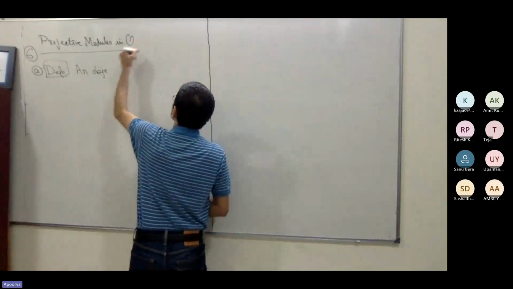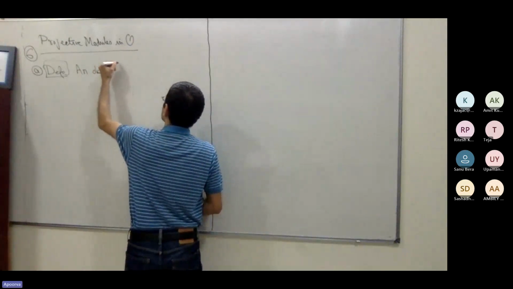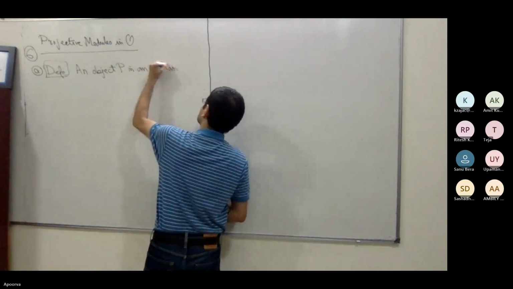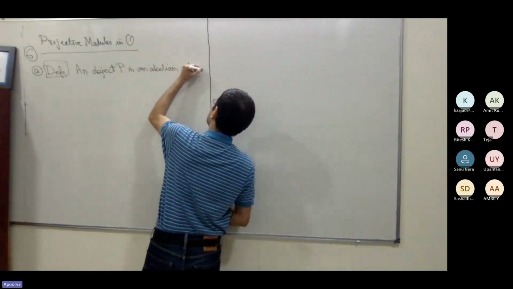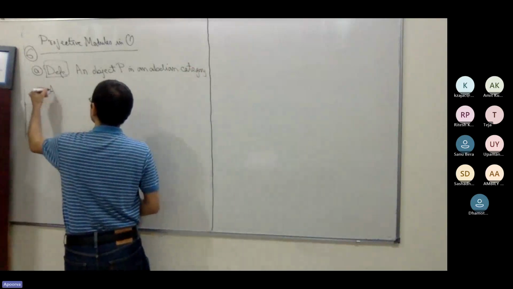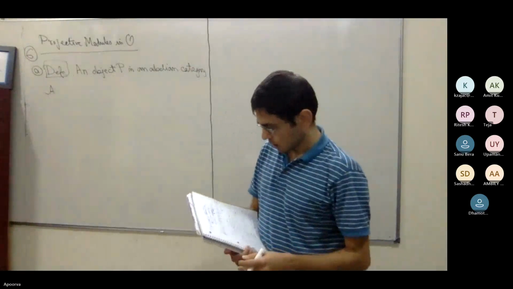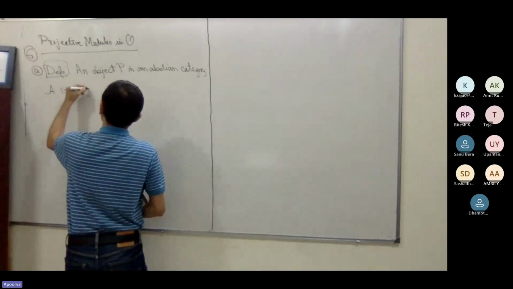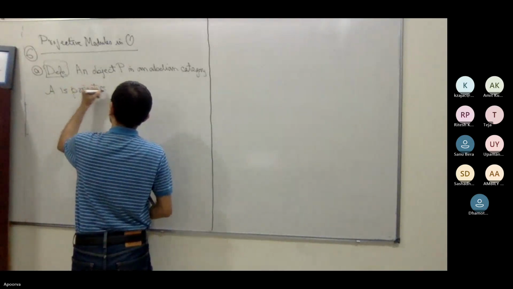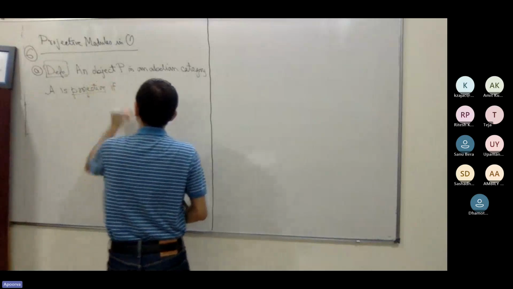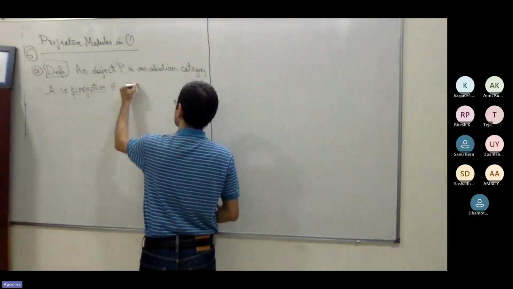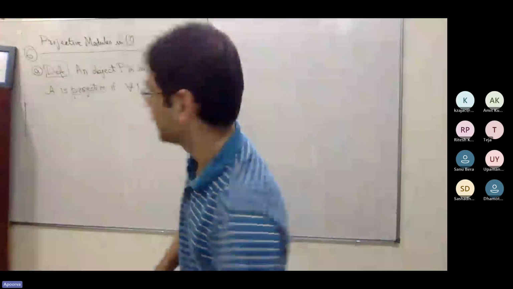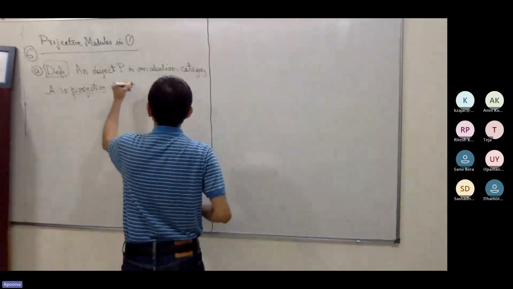Let's say this is A. Let me give the abelian category a different name. P in an abelian category A is projective if for all objects M in A, sorry, if for all surjections or epimorphisms N to M,